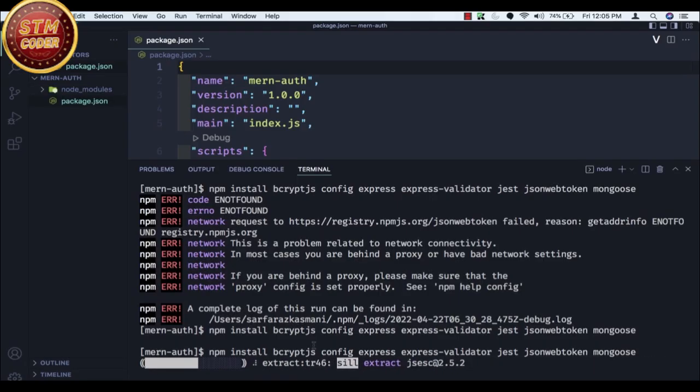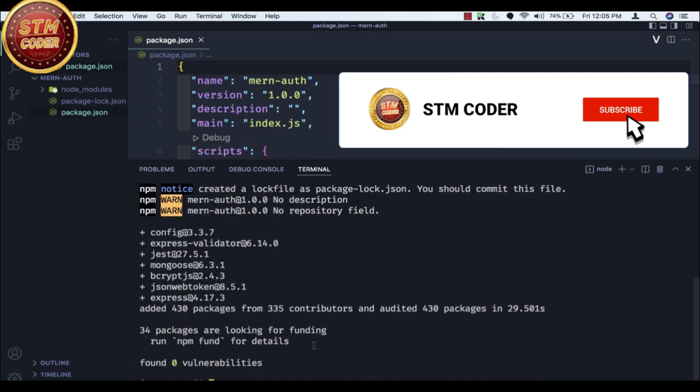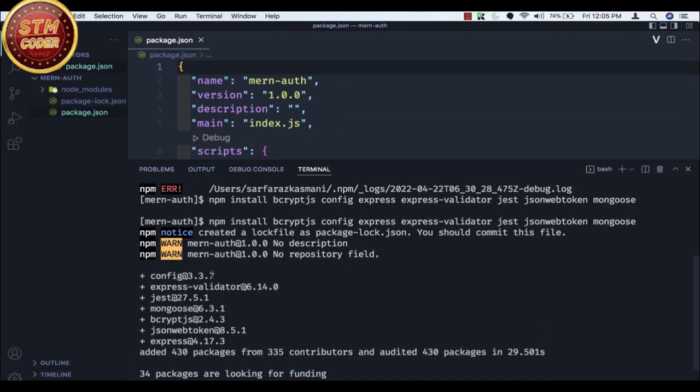Okay, now it is working fine. We are getting some deprecation warning. So just ignore it. It won't affect our application.